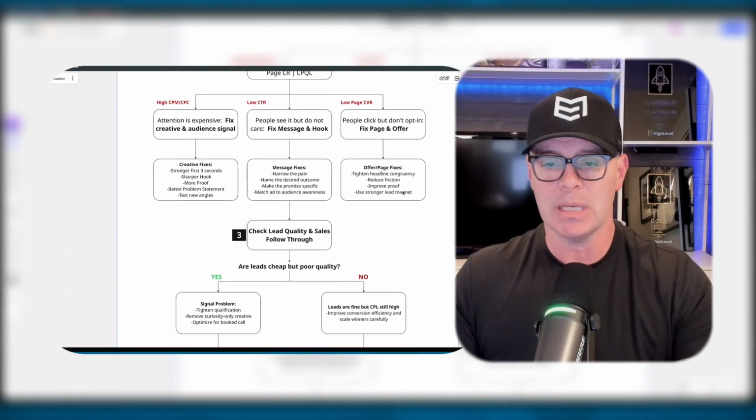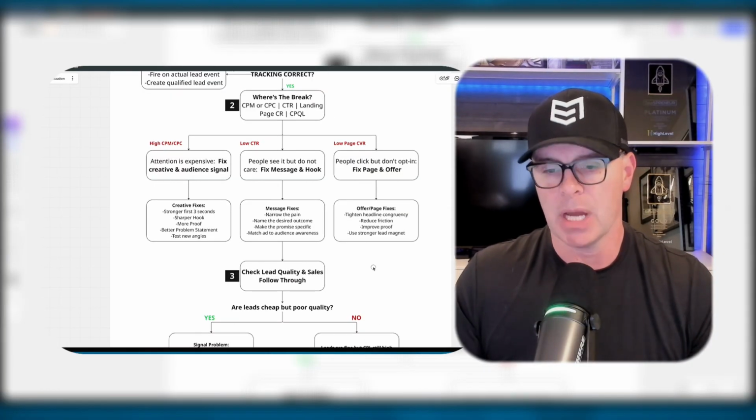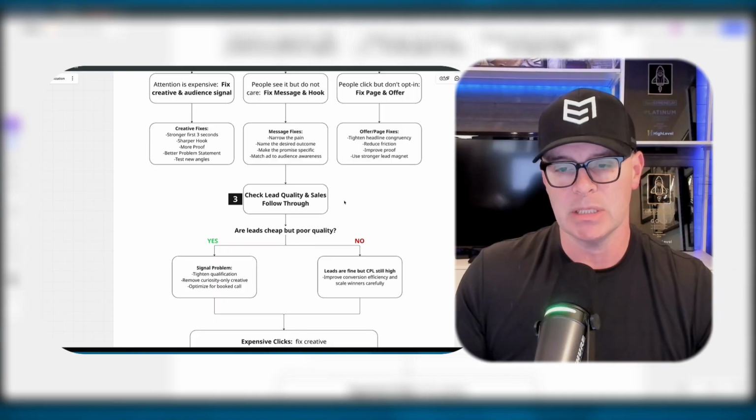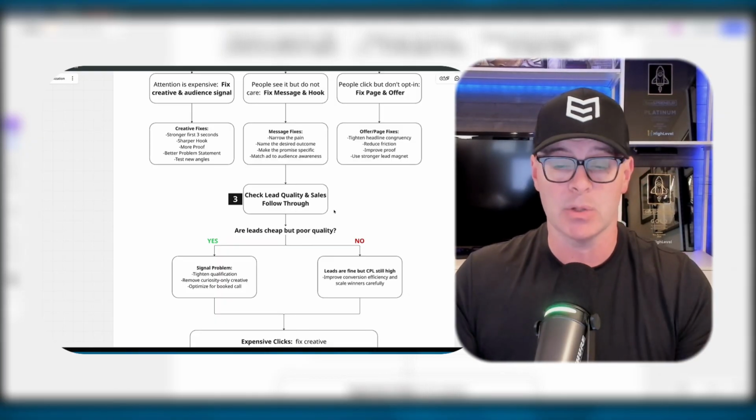Okay, so those are the three core areas. So we've checked lead quality, we've found the break at the top of the funnel, so to speak. But what we also need to do is a third step. Now we need to make sure that the quality is good and that we also have a sales follow through,